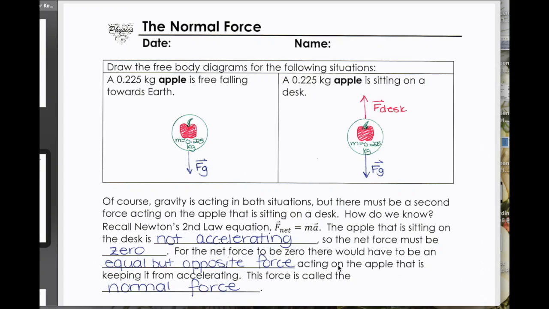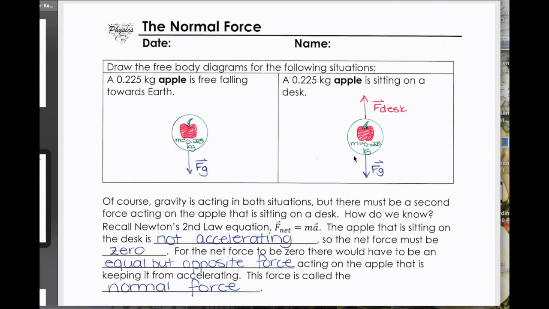These notes are over the normal force. So if we have two different situations involving the same object, an apple that weighs 0.225 kilograms, where one is free falling towards Earth and one is sitting on the table, they're going to be experiencing different types